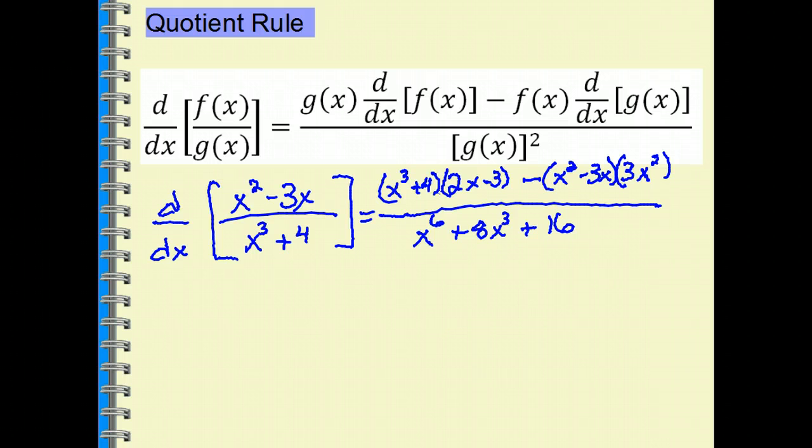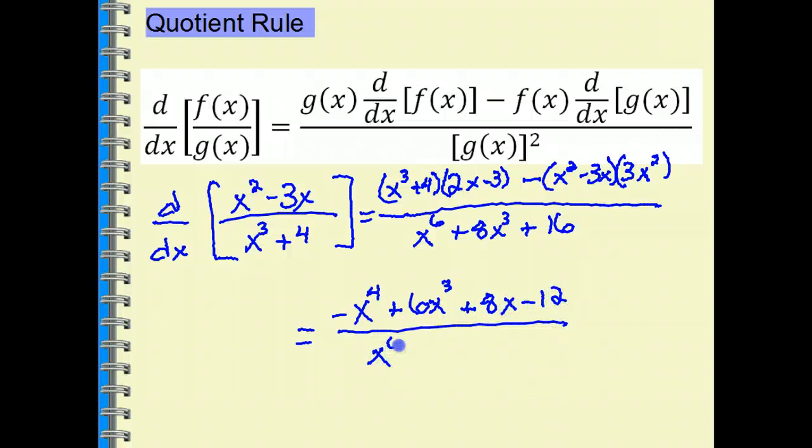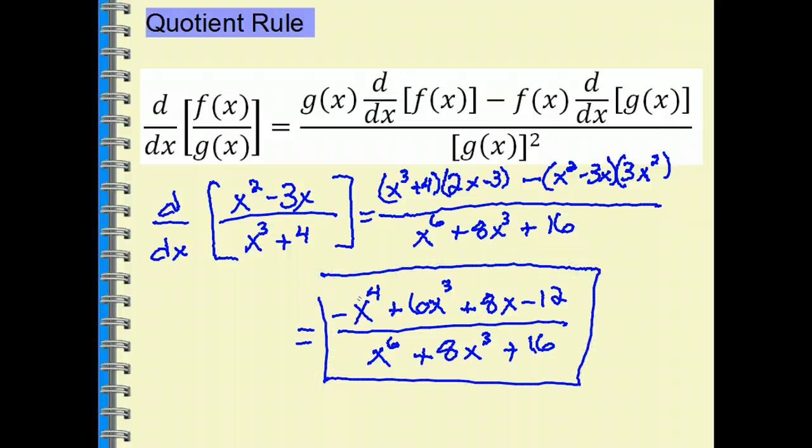So when we distribute and we simplify and combine like terms, this simplifies into a negative x to the 4th plus 6x cubed plus 8x minus 12 all over our denominator of x to the 6 plus 8x cubed plus 16. Now, we can't simplify this any by factoring or anything like that,